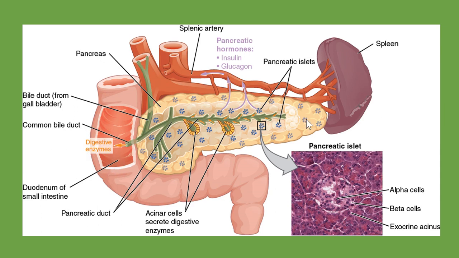So you can see the spleen over here is right to the left of the pancreas, right? I just thought I would point this out. And of course, the pancreatic hormones, insulin and glucagon, that's what it's mainly known for. Now,